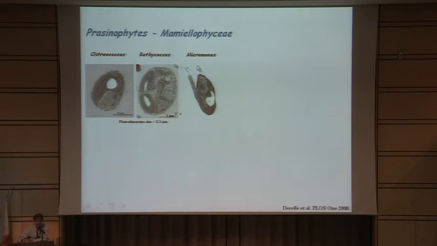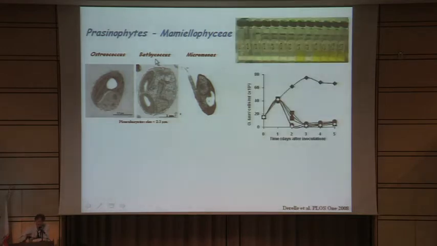And Bathycoccus has a similar organization, except that there are polysaccharide scales around. And for Micromonas, also more or less the same size, no scales, but there is a flagellum, and so that's a mobile cell. These 3 genera are very common in all the oceans over the planet. And two interesting characteristics are first that they can be grown very easily in the lab, and the second is that there are many viruses in seawater.